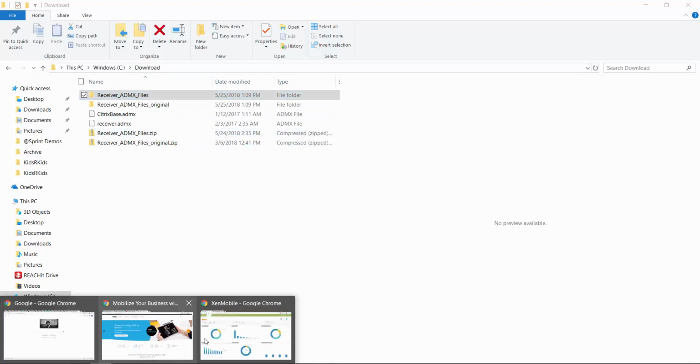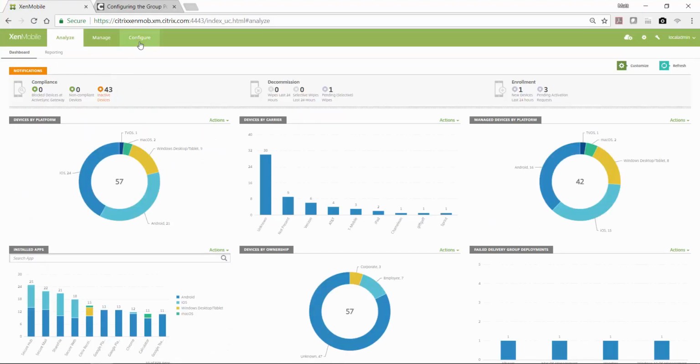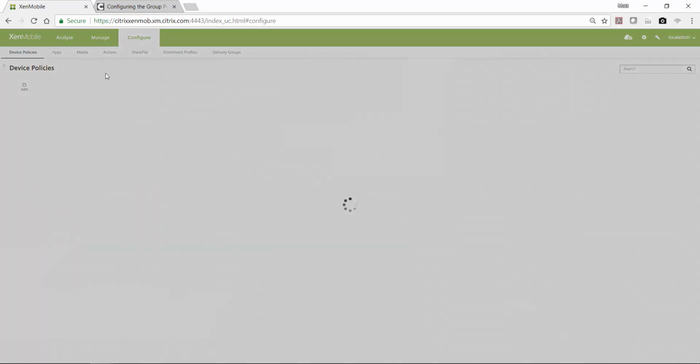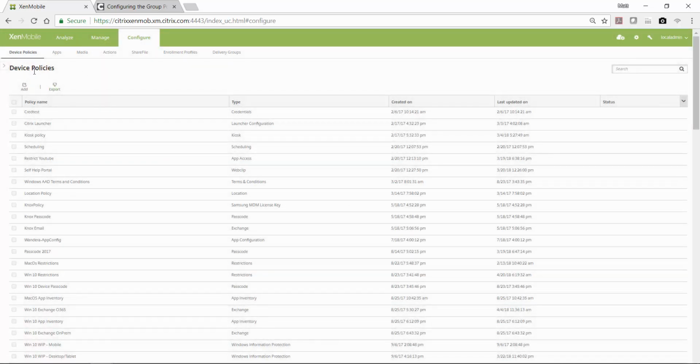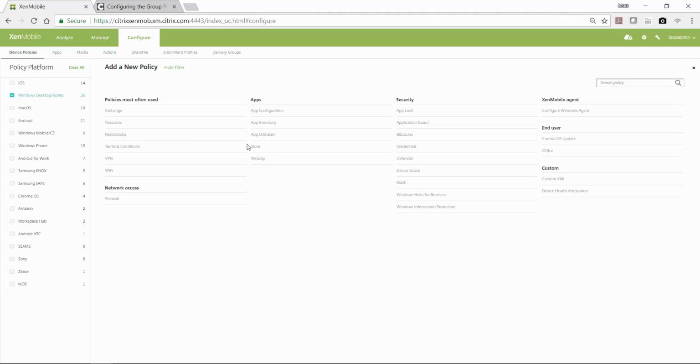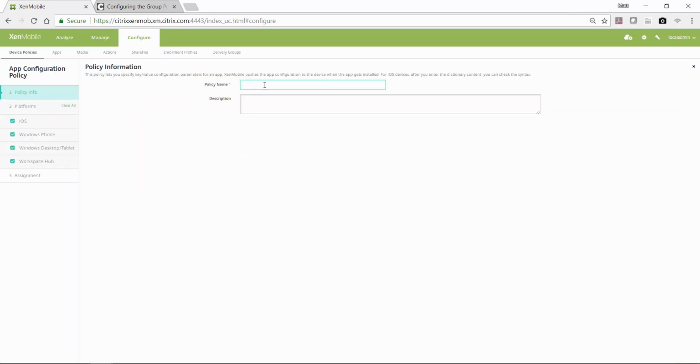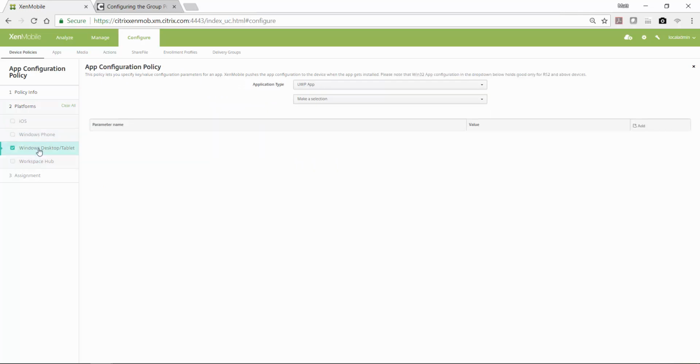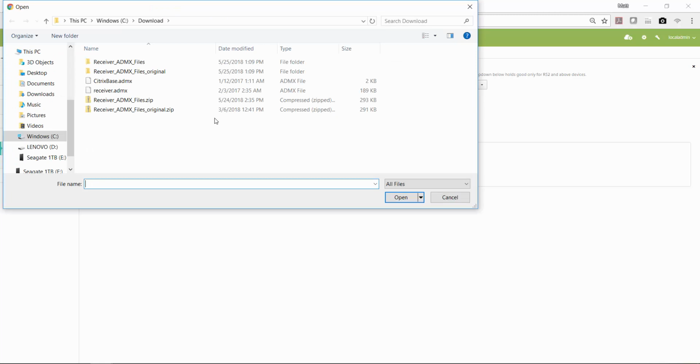Now we want to go ahead and go to the XenMobile console, and we'll take a look at how we configure this. Under device policies, we're going to do an add. We'll select the Windows desktop and tablet policies, and this is going to be an app configuration policy. And we'll unselect the other platforms, and we're going to select Win32 app. I'll select the updated zip file,